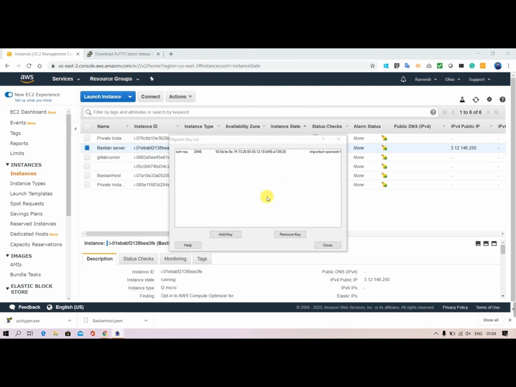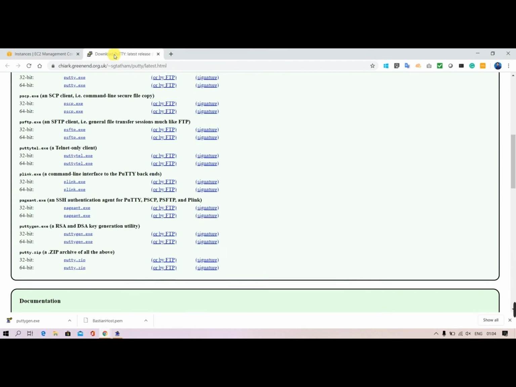Whenever you are creating the instance, by default it will generate a .pem file. Once you get the key file, you need to convert that pem file to a ppk file. What is the process? Here is the URL.